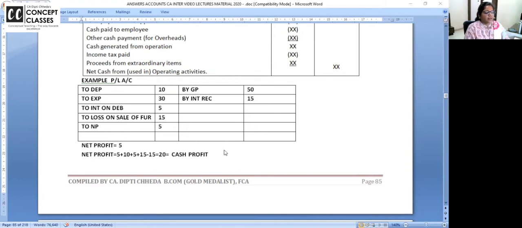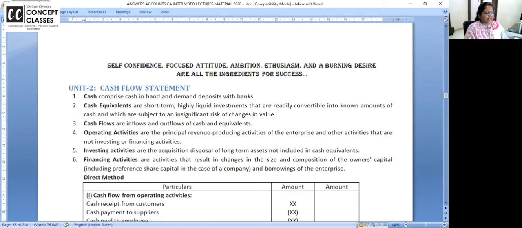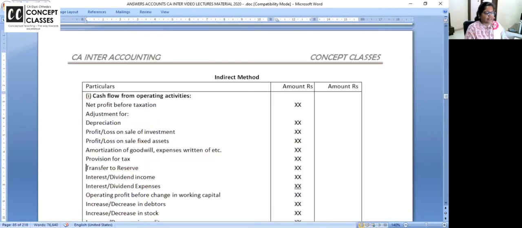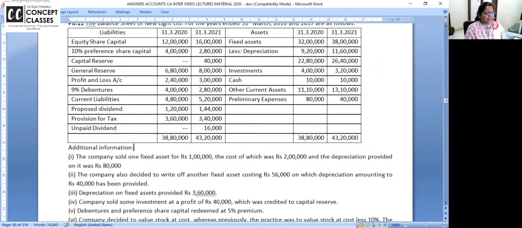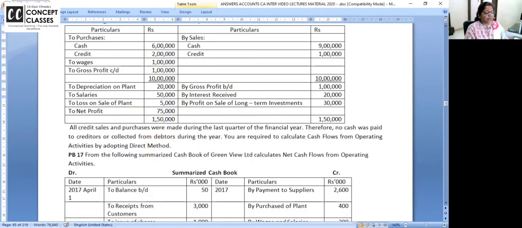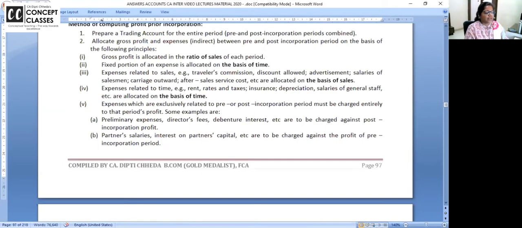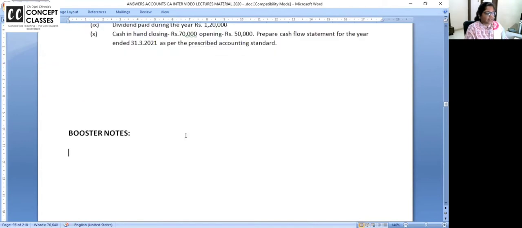Right. So can we make a statement here as our booster notes? Let me also see where I'm writing the booster notes. We can write it at the end of the chapter. ये एग्जाम्पल तो सही है, यहाँ लिख दी हमने क्योंकि वो वहीं पे था. But let me go to the end of the chapter and here I want to write the booster notes. आप भी लिखो booster notes for cash flow statement. 3 pages you have said.